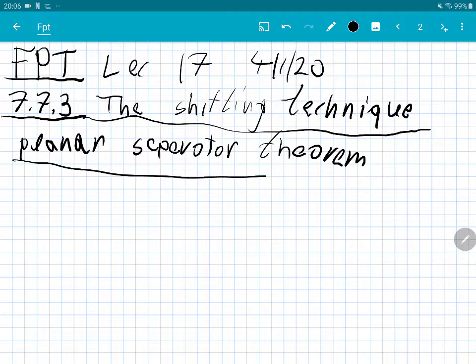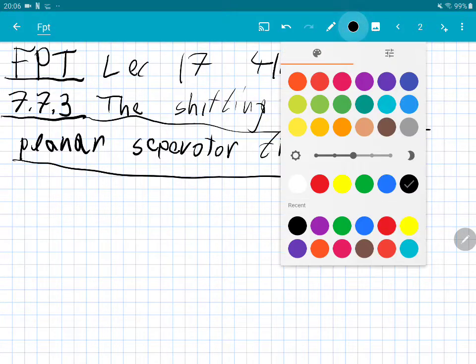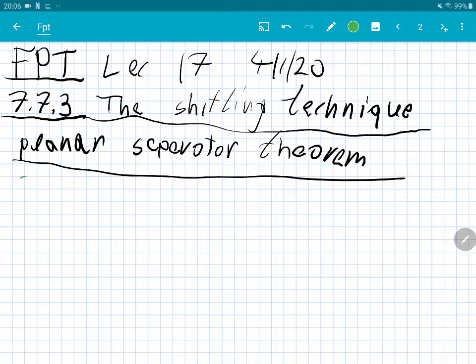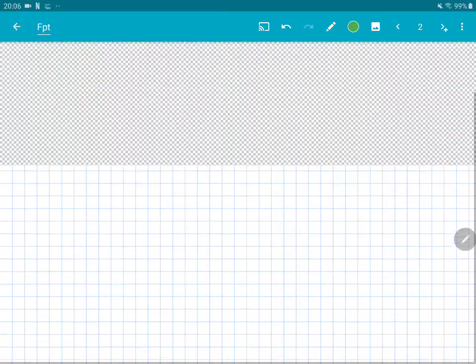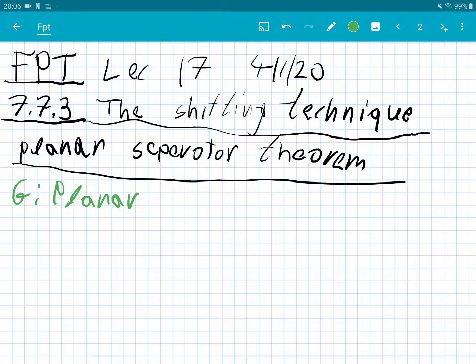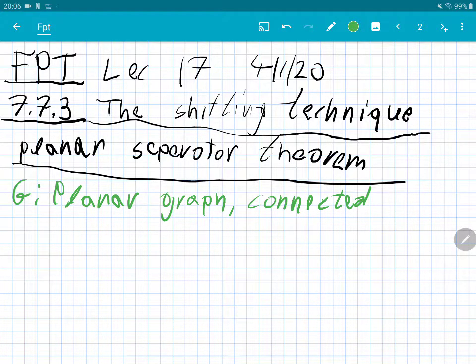The planar separator theorem says that if we have a graph G, a planar graph, namely a graph that can be drawn in the plane, and all the regular platitudes apply, connected, because the not connected case is not interesting, with n vertices,